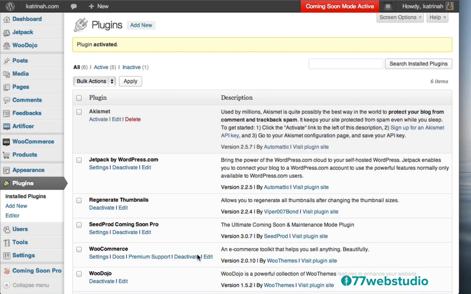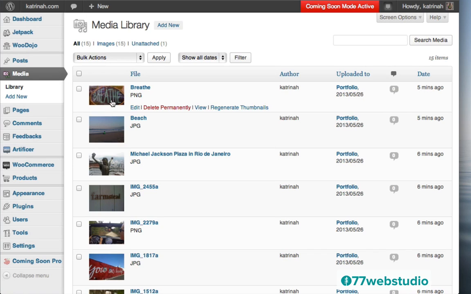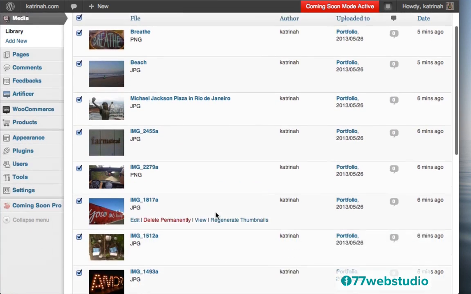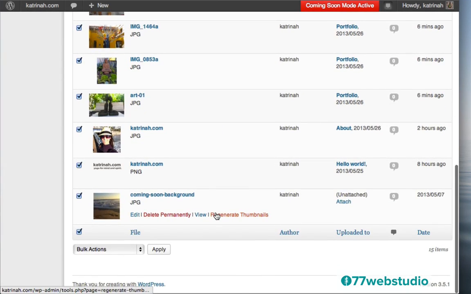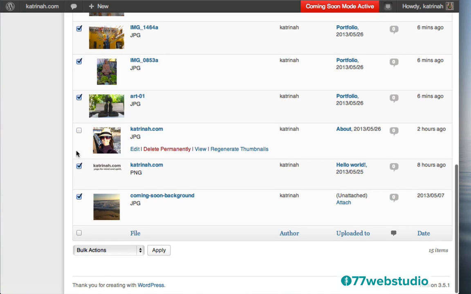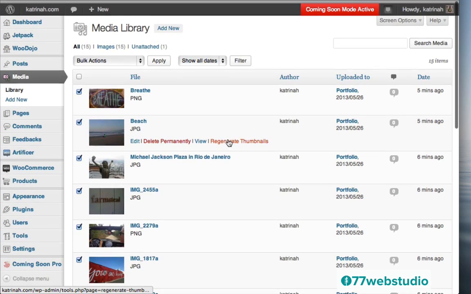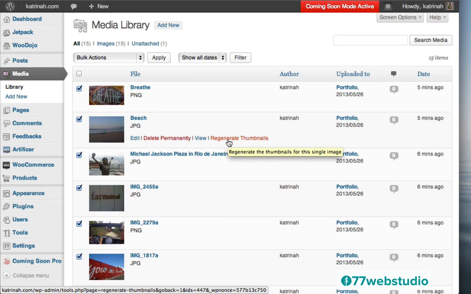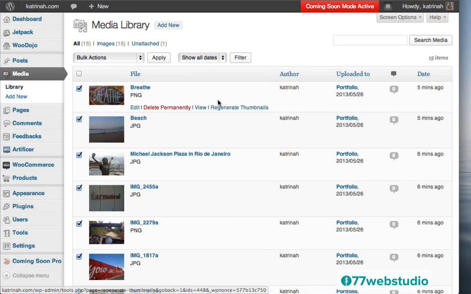Finally, the last step to make sure that the thumbnails are the right dimension that you would like, you need to go up to your media page right here by clicking on Media. And here in the media library, you want to select all the images that you want to regenerate the thumbnails for. So I'm just going to choose all of these except for these three. I don't need to regenerate those. And actually, as you saw, my images are looking really good, so I don't need to actually do this, but just for the demo purpose to show you how this is done, I'm going to regenerate them anyway.